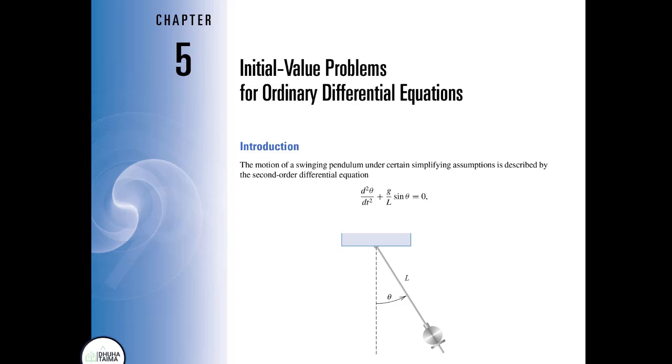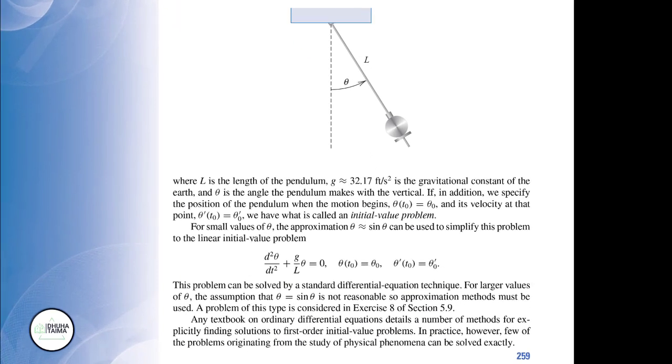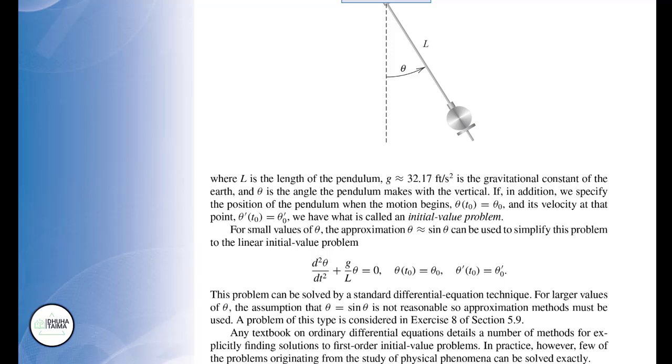Introduction. The motion of a swinging pendulum under certain simplifying assumptions is described by the second-order differential equation d squared theta/dt squared plus g over L sine theta equals 0, where L is the length of the pendulum, g equals 32.17 feet per second squared is the gravitational constant of the Earth, and theta is the angle the pendulum